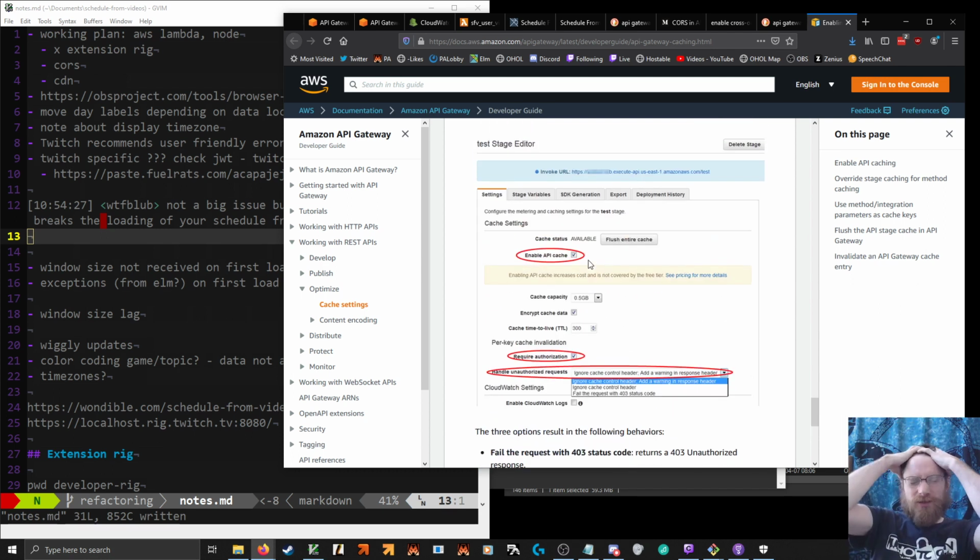So the API cache is a separate thing. So if I was going to stick a CDN on it anyway, maybe that wouldn't do a whole lot.